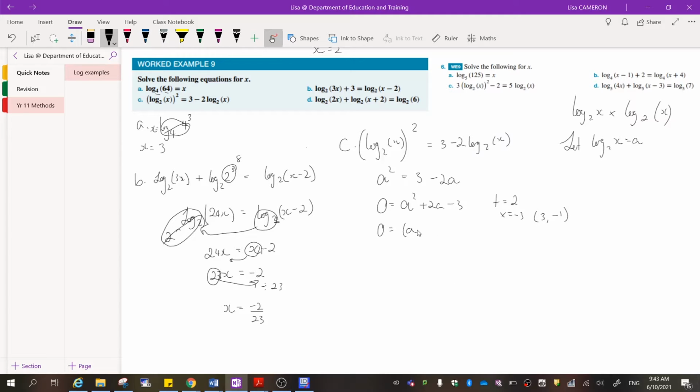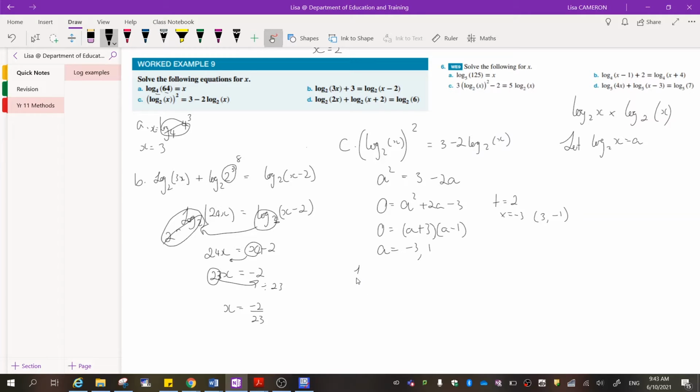So a plus 3, bracket a minus 1. Okay, so next thing that we need to do is state our values of a. So a is equal to negative 3 and a is equal to 1. Now I can work out the value of x by substituting that back into here and seeing which statements are